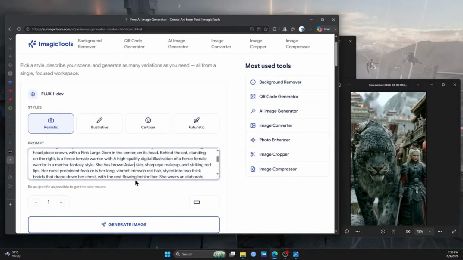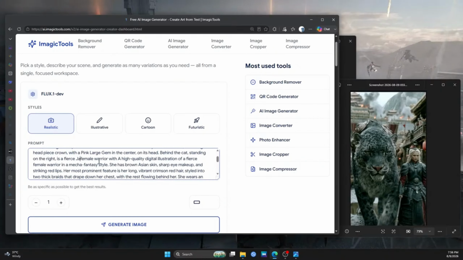Okay. She is a fierce, we're going to say fierce Japanese. Make sure you describe the culture. Female warrior with a high quality digital illustration. All right, so here's the problem. We've got to get rid of all this. So standing on the right is a fierce Japanese female warrior with a high quality digital illustration of a